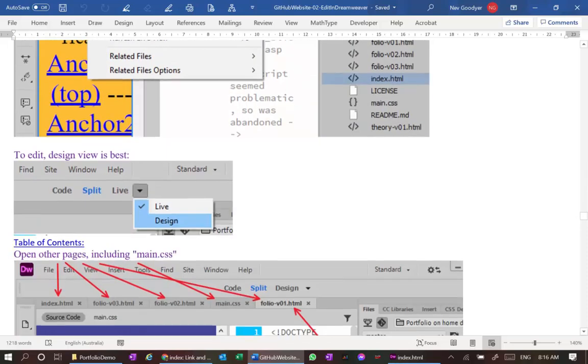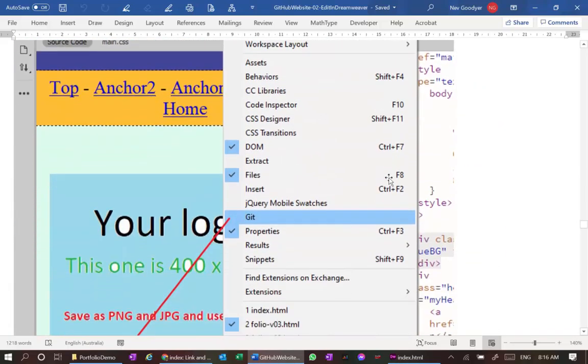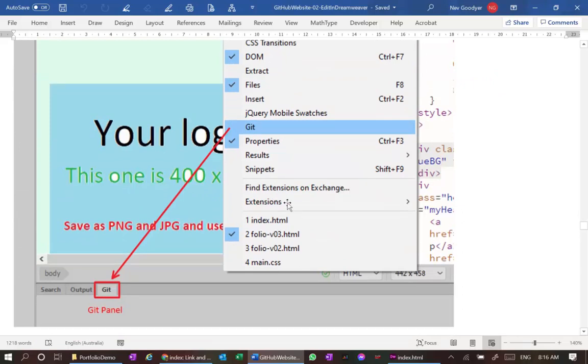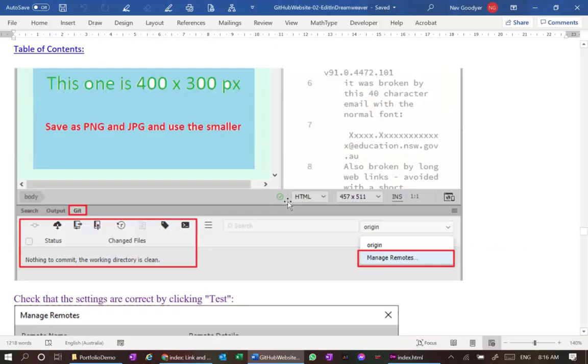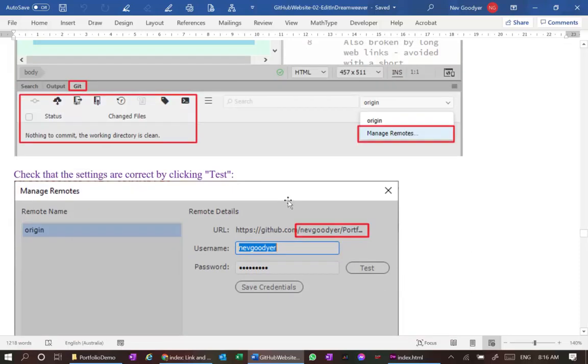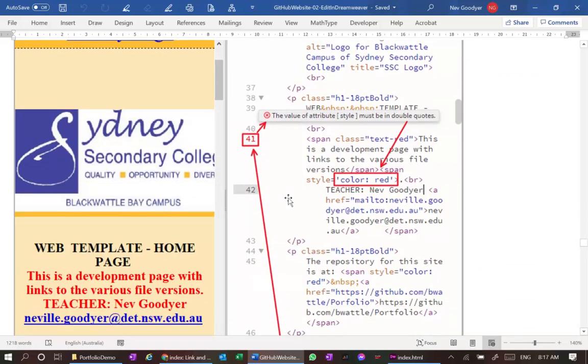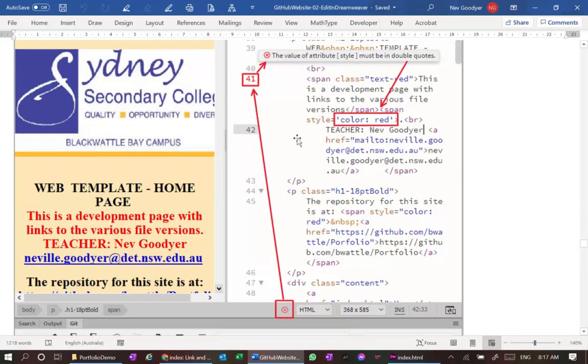We've done our split. We've opened several files. You can go down this. We have opened our Git windows. Sometimes you get a problem with that Git window. I've detailed that at the bottom of the document. We have done our commit. We have not dealt with errors. Let's come down and have a look at